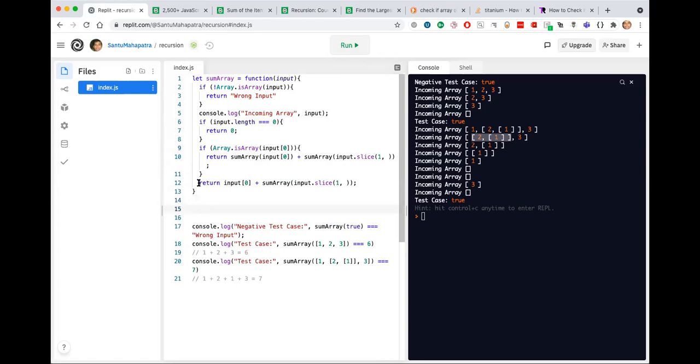So the recursive logic itself was very easy. First element plus recursively call the rest of the array. But we had to be careful about the boundary condition. We also had to be careful since there was nesting in this question. So we needed to take care of that also.